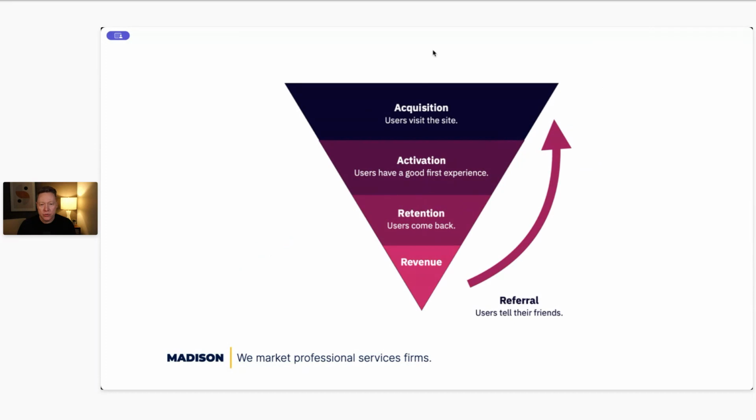Another one that we used was just a triangle. This is called AARRR, or startup metrics for pirates. It's acquisition, activation, retention, revenue, and referral. And so we just visualized that, to Warren's point earlier. This is a framework from Dave McClure that we just basically turned into a triangle to kind of visualize it and make it easier for clients to understand.